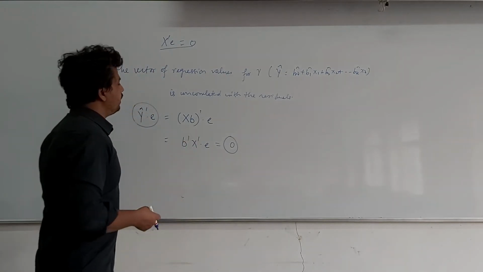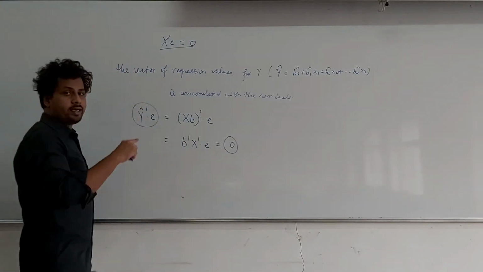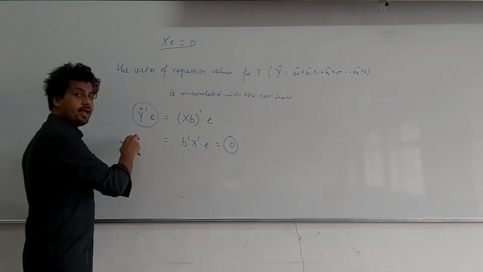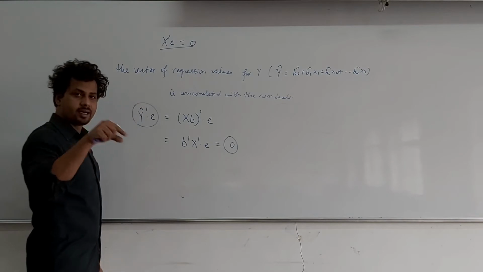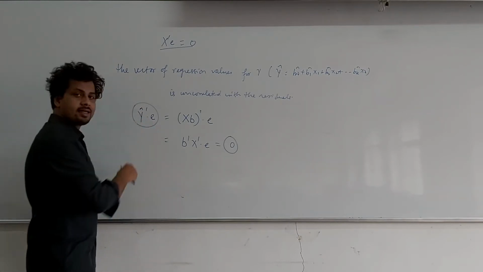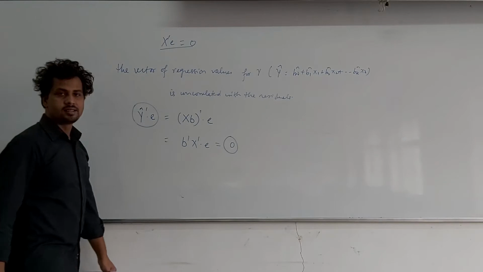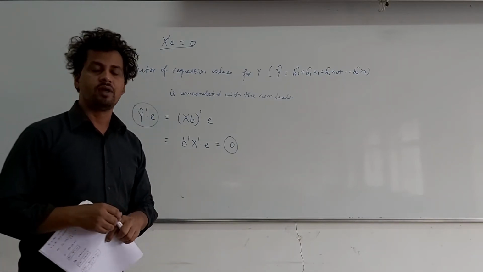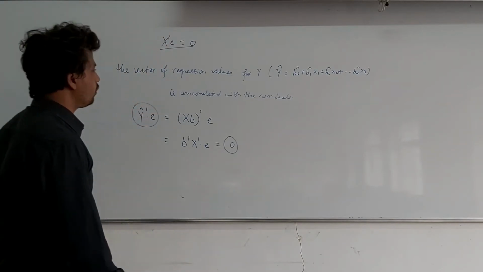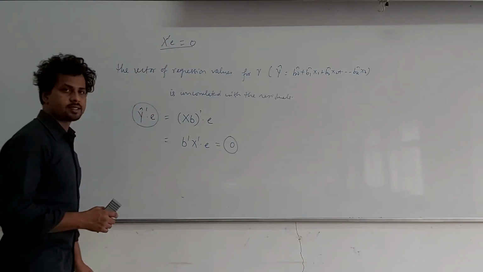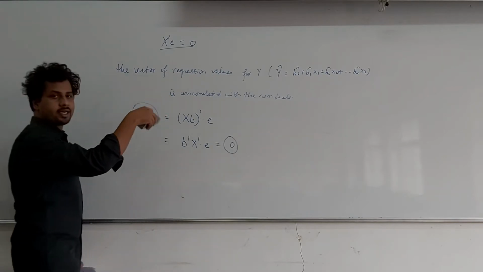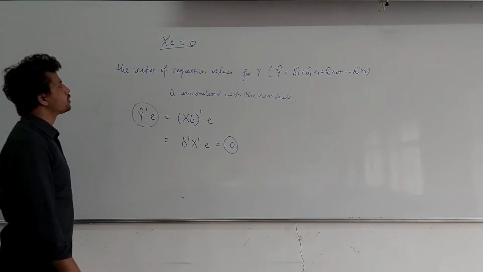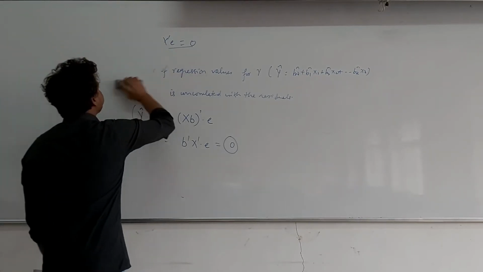This point needs to be remembered: there is zero sample correlation between the expected value, that is the average value of Y conditioned on the data matrix, and the residual from the sample, because this underlies the derivation of R square, or the decomposition of sum of squares. This is what we discuss next. I'm sure this is clear to you. Please remember these points. They are very, very important, very conceptual points to be understood.